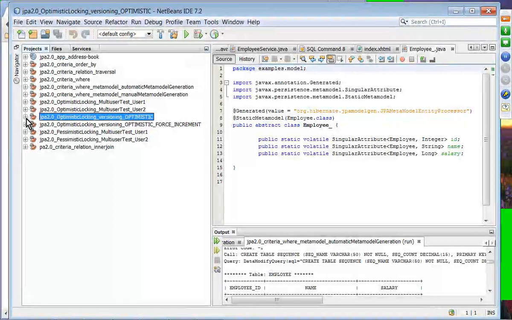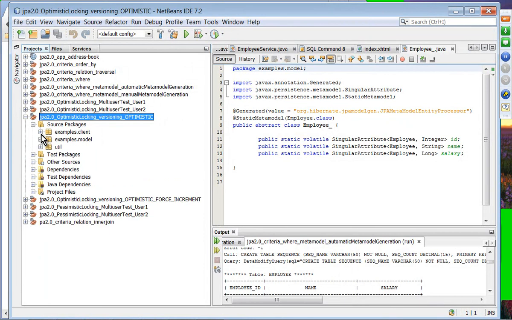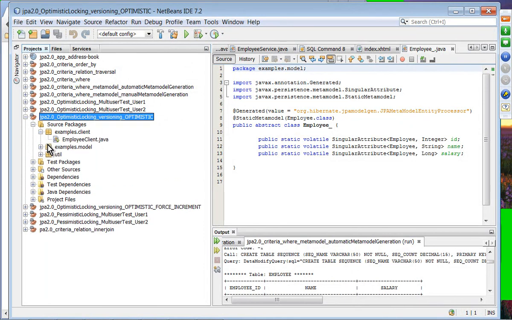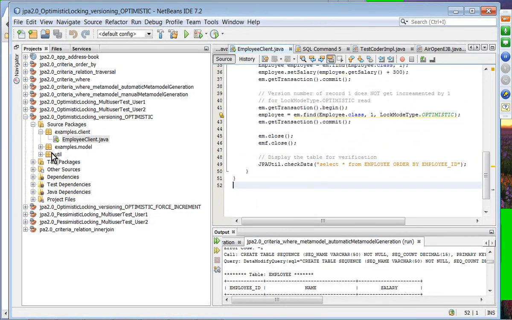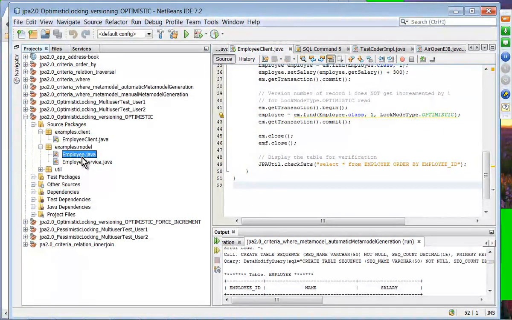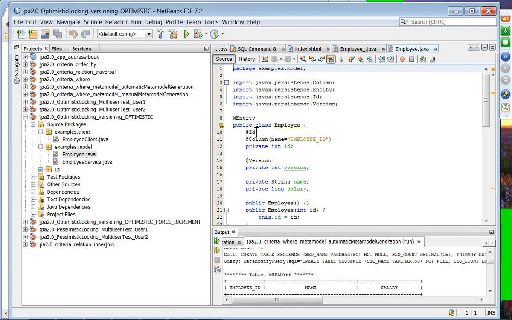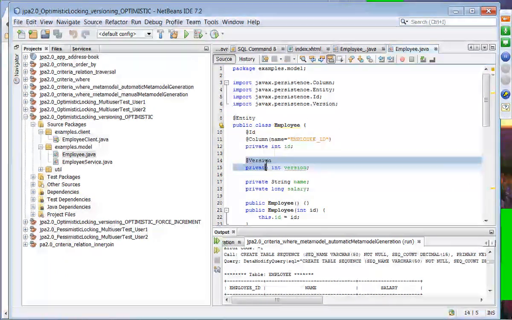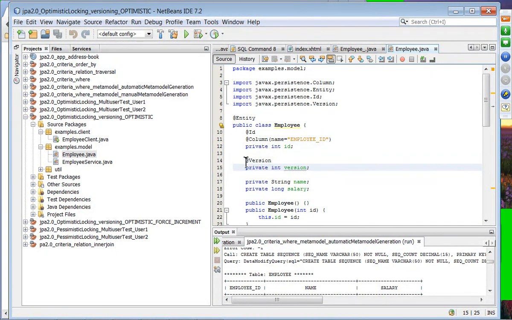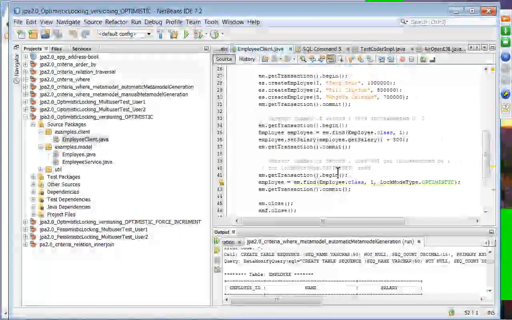Let me show the code. Let me show the model first. We have an Employee entity class, which has a version field annotated with @version. The table also has the version column. Now if you take a look at this code,